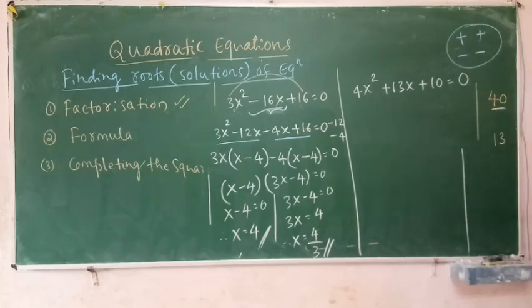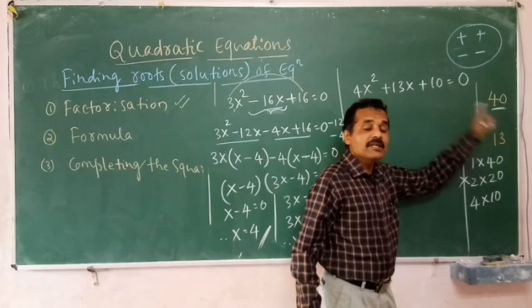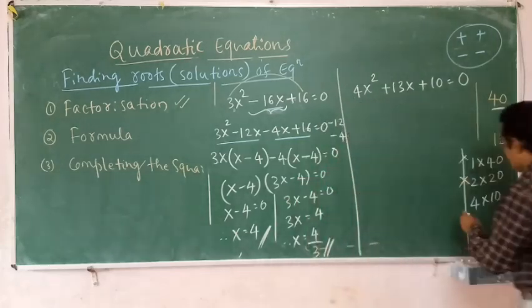How can we write this 40? What are the different ways to write it? 1 forty is 40. Add 40 plus 1, 41, but we want 13. No, this is the wrong option. 2 twenties are 40, but added it will be 22. No, I want 13. It is also the wrong option. With 3, it is not possible to divide. I will go for 4 tens are 40. Add it: 10 plus 4, 14, but we want 13. Wrong option. I will go for the next.